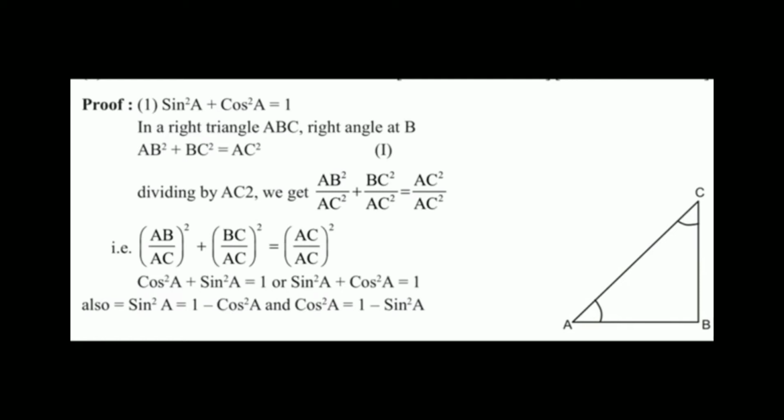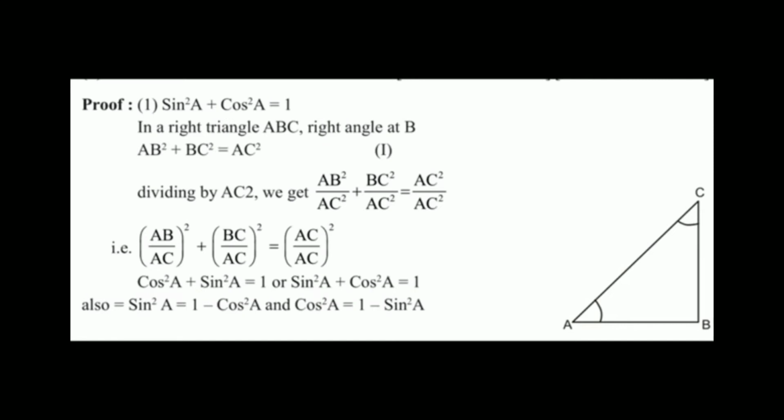First of all, take a right angle triangle ABC with angle B as 90 degree and acute angle A we have to study. And we know the Pythagoras theorem, that is hypotenuse square is equal to perpendicular square plus base square. Hypotenuse is AC. So we get AC square is equal to AB square plus BC square. The first identity was sin square A plus cos square A is equal to 1 that we have to derive. It means we want the right hand side to be equal to 1. Therefore, we have to divide the whole equation with AC square.